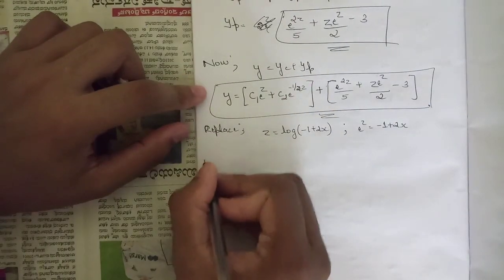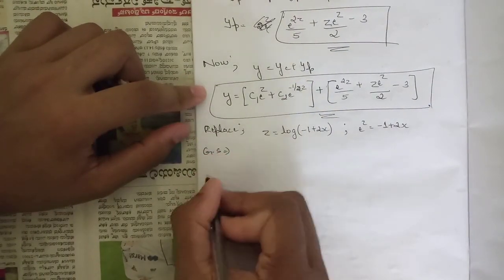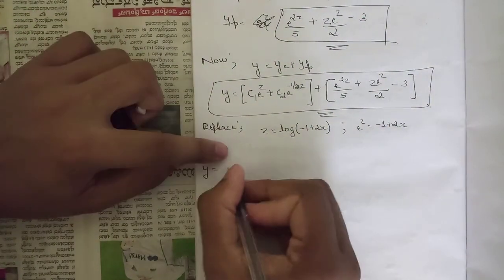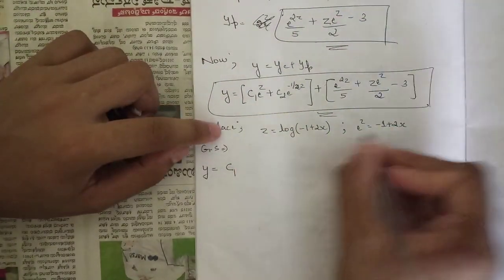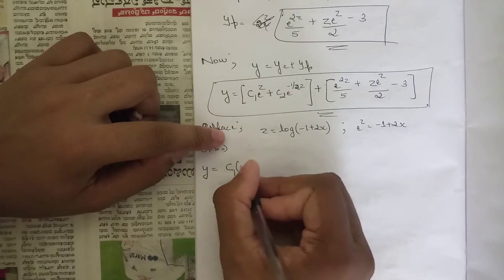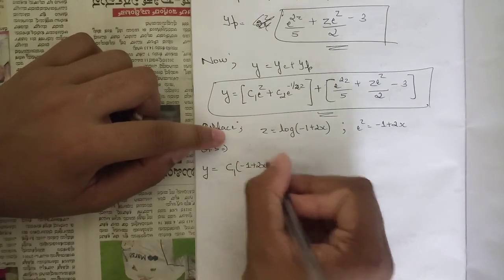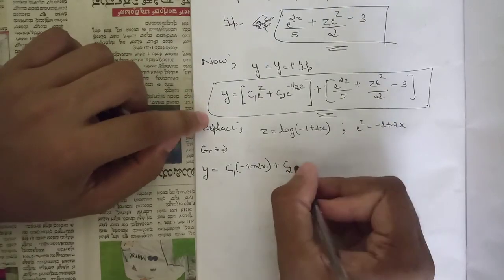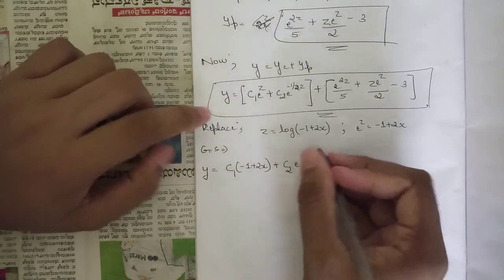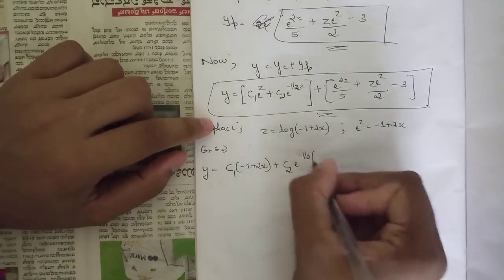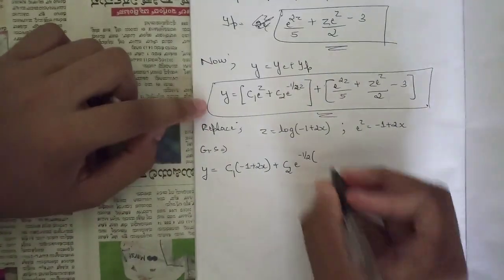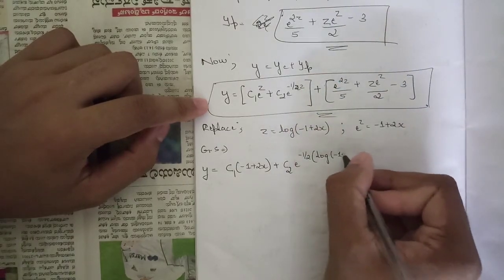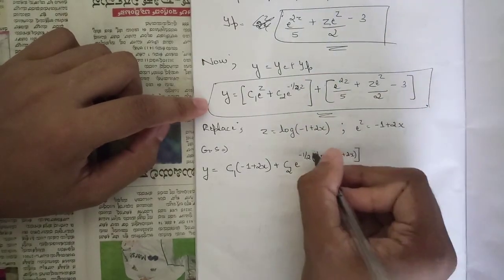Okay, so we get finally our general solution as y is equal to c1 e power z is equal to minus 1 plus 2x, right, plus c2 e to the power minus 1 by 2 into log of the value of z here, which is minus 1 plus 2x, right,